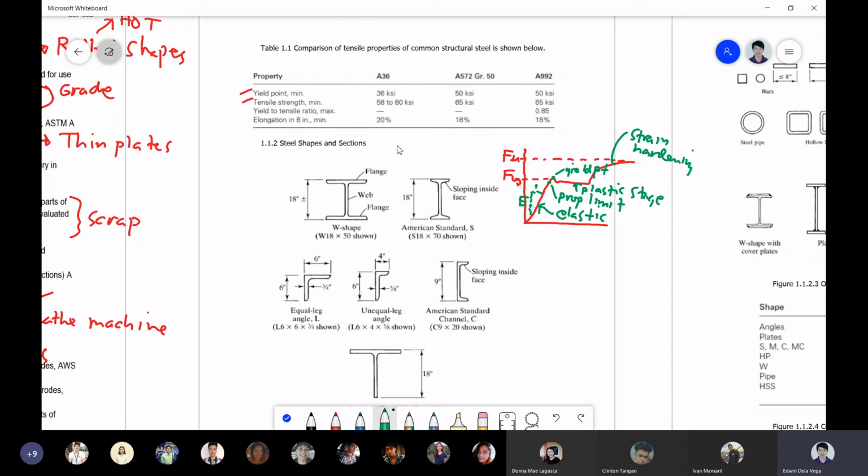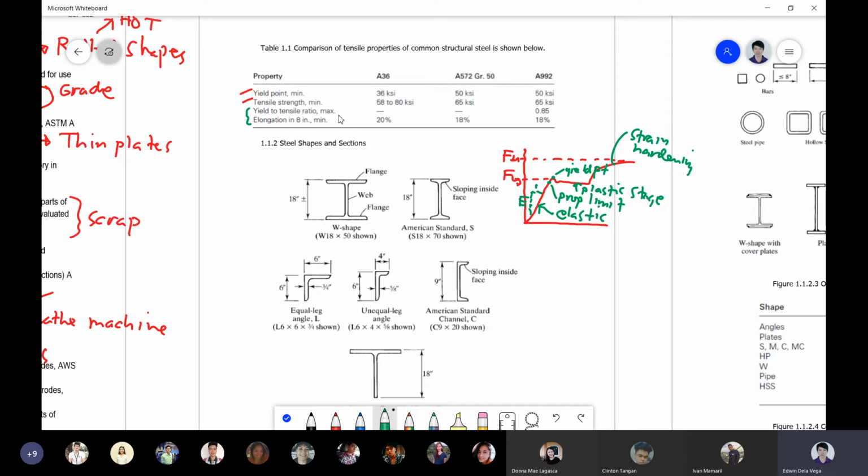Okay, so these are the two important properties. These are just less important in terms of the tensile ratio, yield to tensile ratio. And this is the elongation in terms of percentages of 8-inch minimum. Okay, so when you say elongation in 8-inch, the percentage is based on the 8-inch